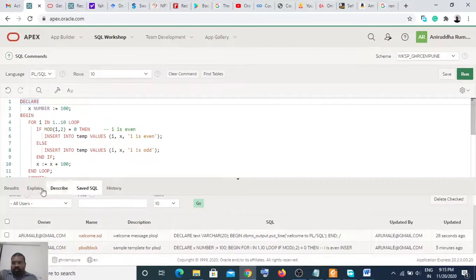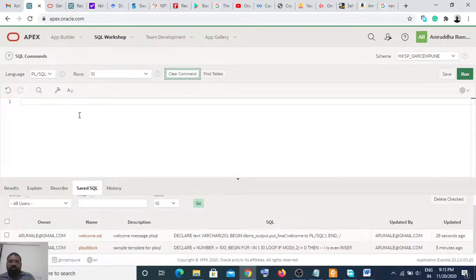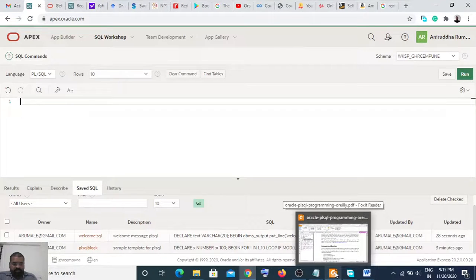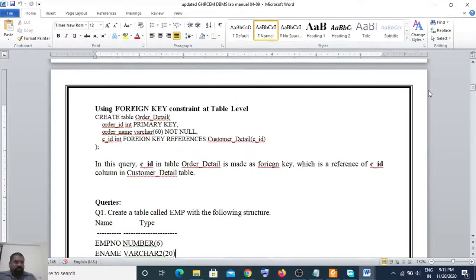Okay, so if you are in the database, you can have the things. Now here you can say a new thing. If you want to create a new one, you can clear the commands and start a new one. Let's take an example directly from our lab manual.